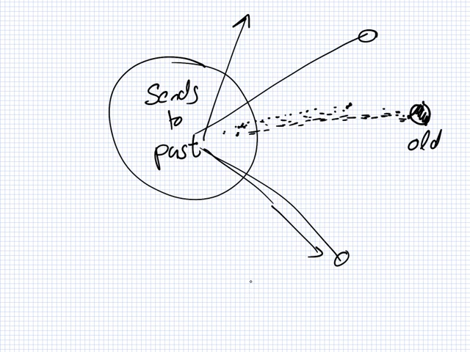Do you get it? So no matter how they send it to the past, it can never come back and hit its older self. So if time travel is possible, it may be that it's impossible to change anything that has happened. Which of course is bad news, because the reason you want to travel to the past is to change something. But